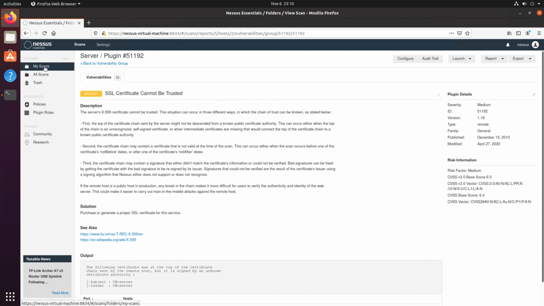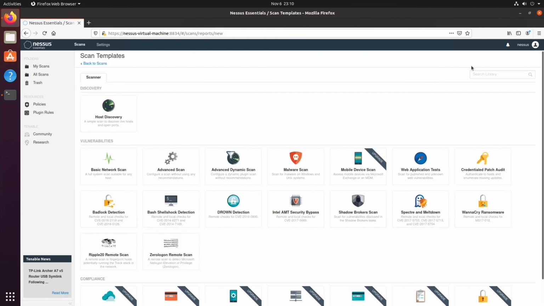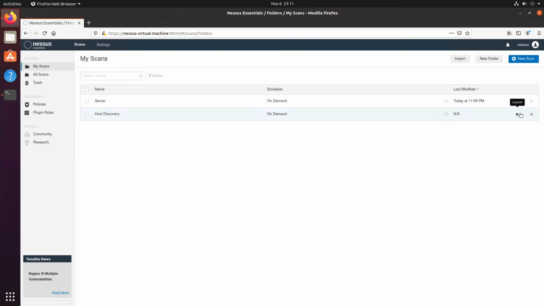Then if you go back to scans and click on new scan, and click on host discovery, what you need to do is just type the name. I'm just going to type host discovery, and we're going to save it into My Scans. Right here we need to type the IP address. I'm just going to type my subnet and then /24, and then click on save. Then you click on launch, and then if you click on it,